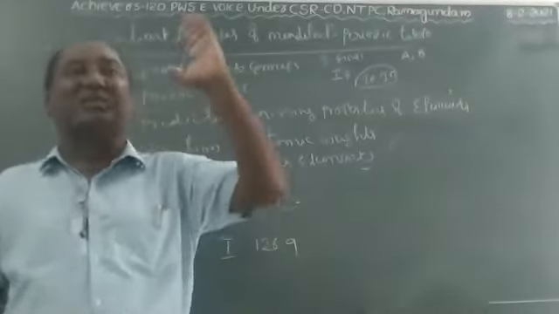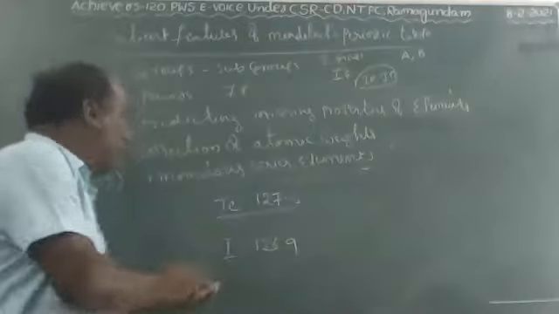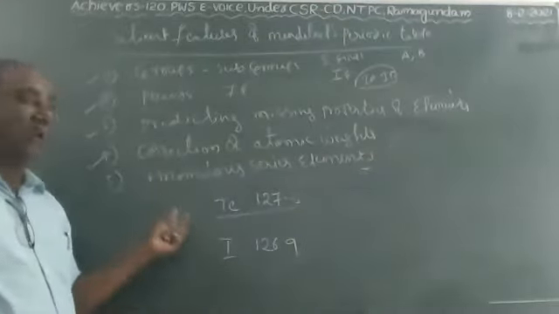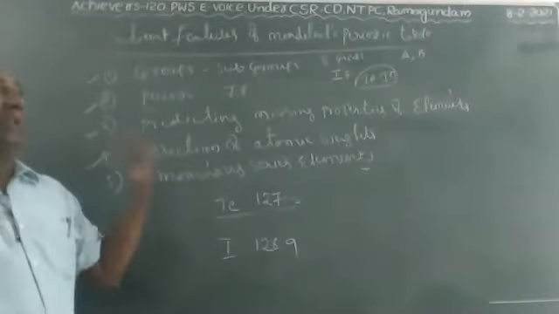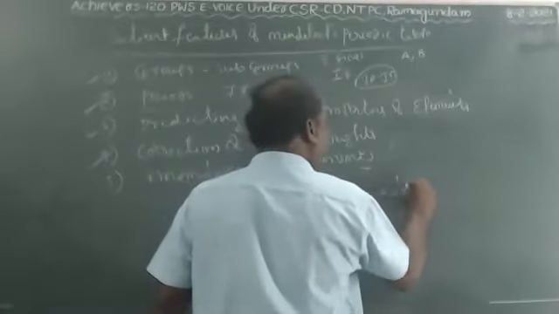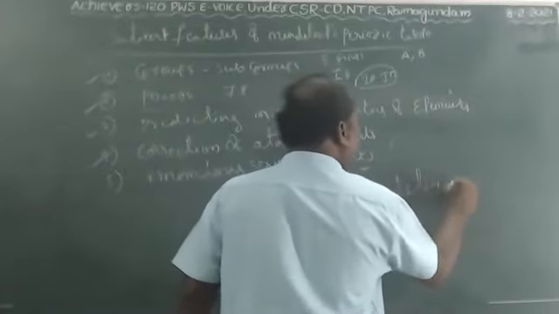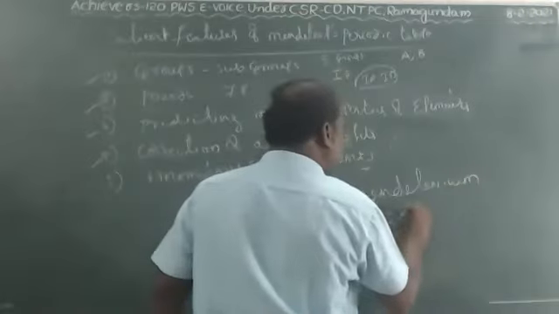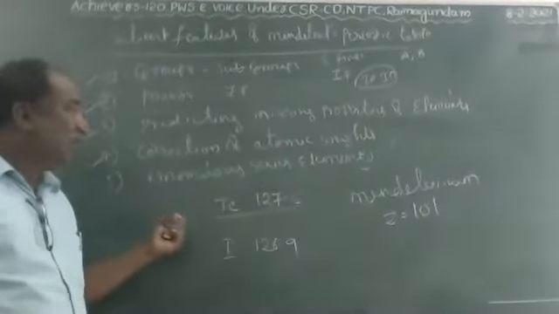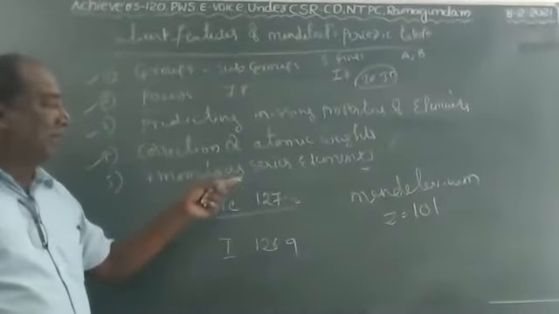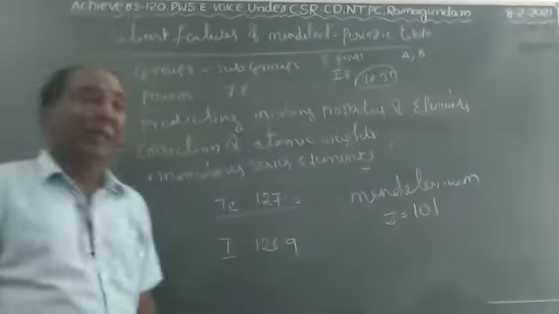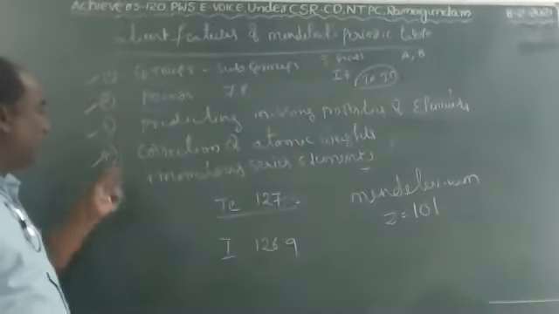Mendeleev's thought was extraordinary. So in his honor, they put the name of one element, Mendelevium. Mendelevium's atomic number is 101. For his honor, one element was given the name Mendelevium, atomic number 101, because Mendeleev's thought was extraordinary.